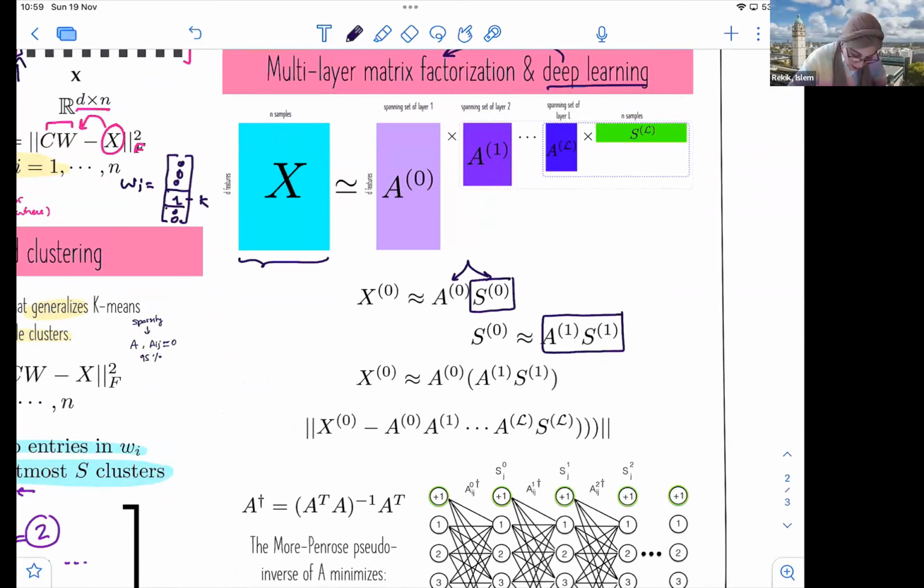So we factorize recursively. We factorize S0 into two matrices, and then we take S1 and factorize it again into A2, S2, etc. And we keep on doing this until we get all of these vectors right here, all of these spanning spaces. And these spanning,